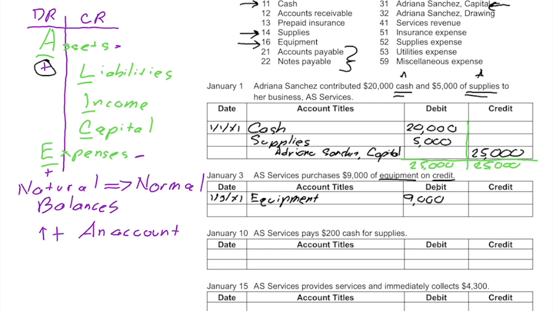So with this equipment that we just purchased, it says it is on credit. It does not say it was purchased with a note. So we are going to go ahead and use the accounts payable. Now, accounts payable is a liability. So we see that our liability is over here on the right-hand side, and to bring it up, since it is underneath the credit up here, we use a credit to bring it up, which is why we're going to indent this slightly and we will have accounts payable